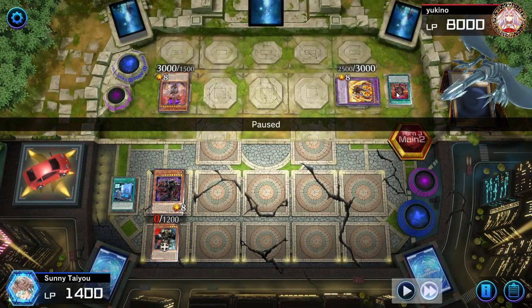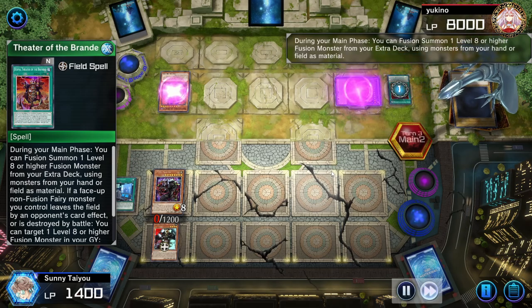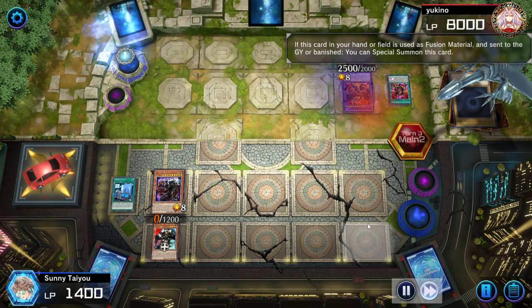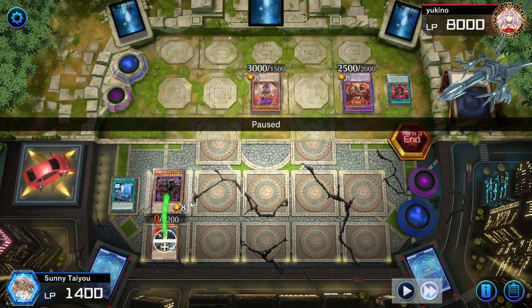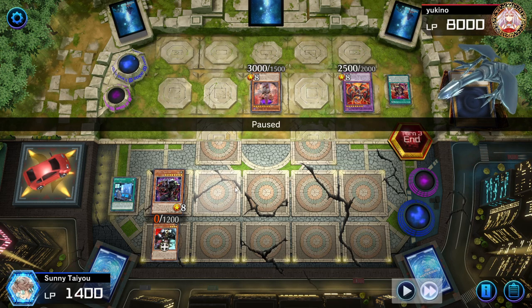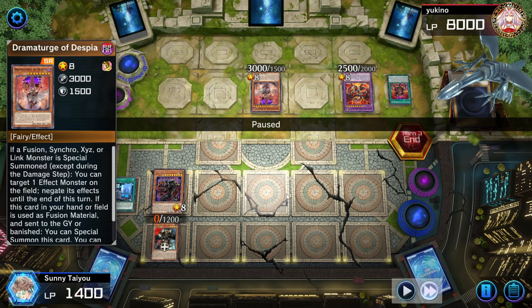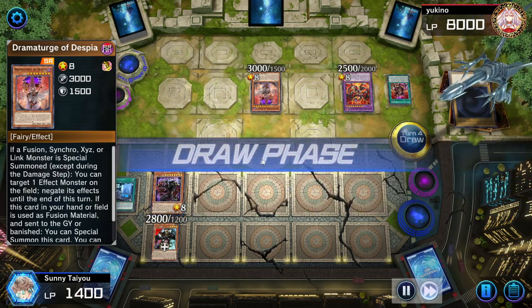And he brings out the Theater of Despia, and he's going to bring out another Dragon. In hindsight, I could think that's the best idea because at this point I could go for game with a low cost of less than 600 life points, I think. But anyways, he's just getting 2 more monsters onto the field, while my attack of Sleeper goes back to 2800